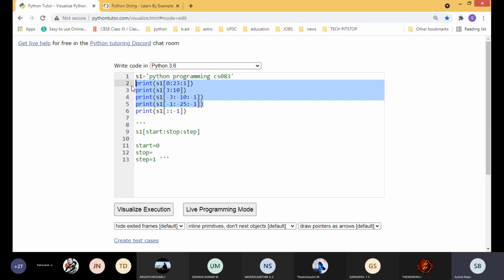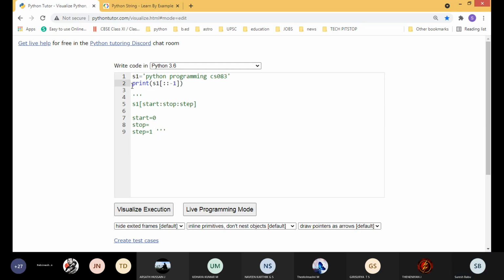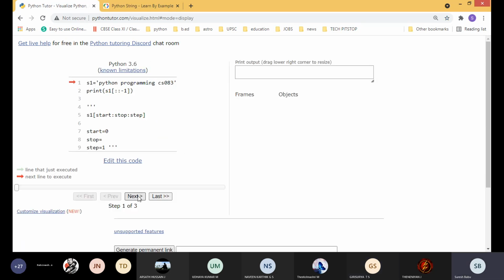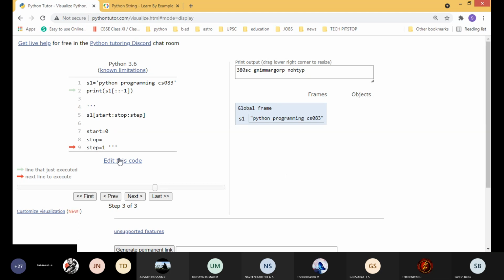Okay. I'm going to delete all these operations. Only this slicing. Students, I didn't mention any start value or stop value. Only the step value I referred to as -1. Understood, everyone? Yes, sir. So see here, this is the original string. Now I'm going to display the reversed order. See, it's showing every character in a reversed order. Okay, this is a shortcut. Understood, everyone? Yes, sir.